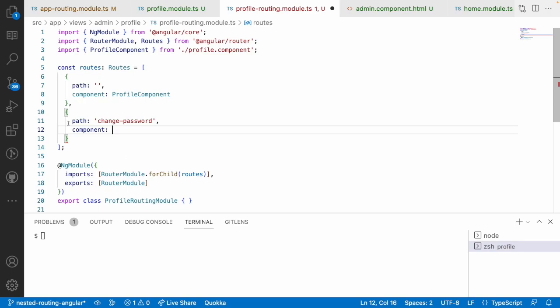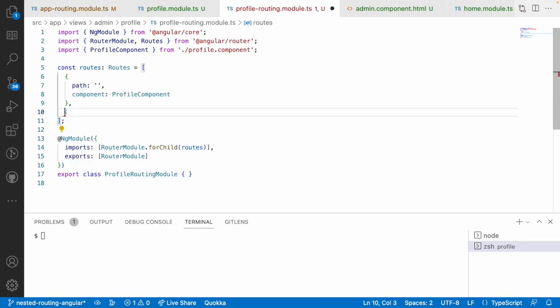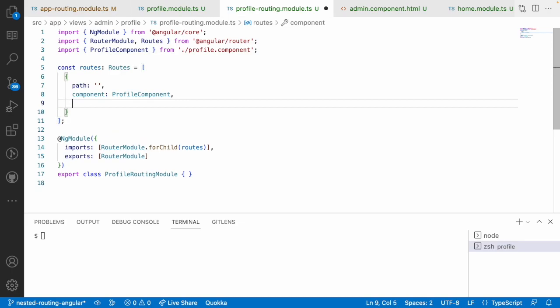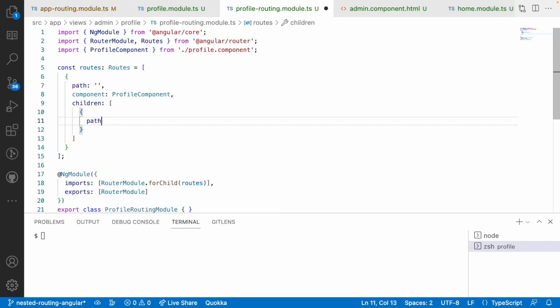But here there is one problem. Actually, that should be inside our profile. So we can do two things. One is we can create a component here, or if you want, you can even create some set of components as children, because I want to showcase the profile on the top, and below I want to change my password. So let me go here and use a path where the path is change-password, and this password is having a module,